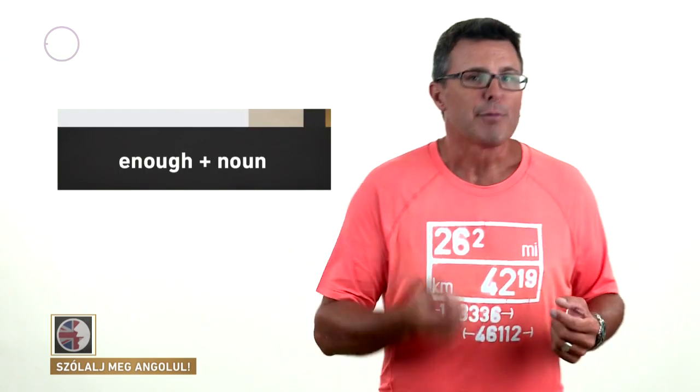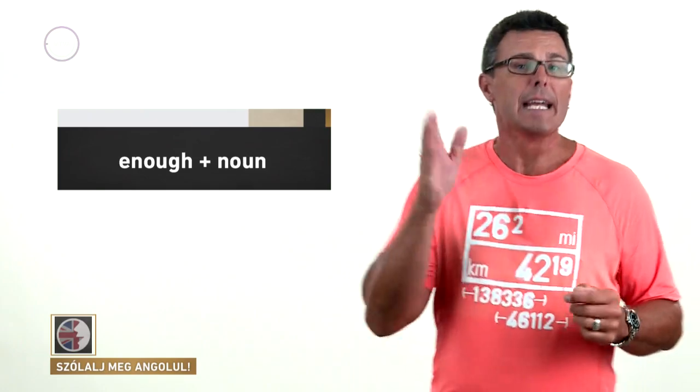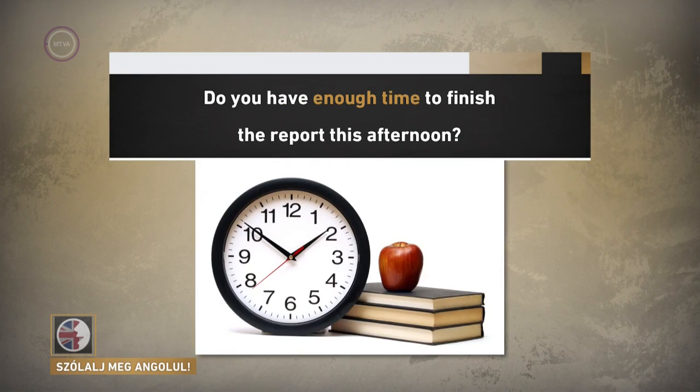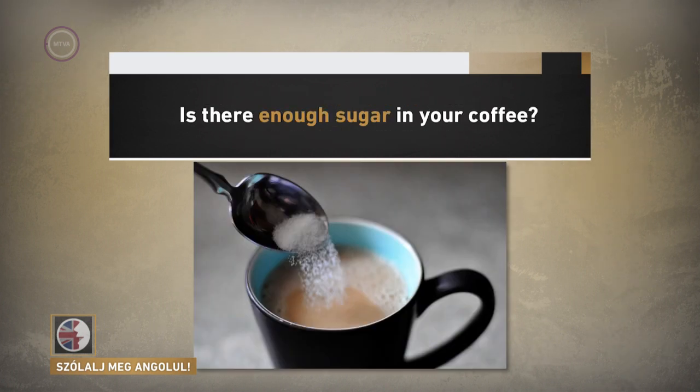When we use enough with a noun, then we use the form of enough plus noun. We've got enough money to buy bread, butter, salami and cheese. Do you have enough time to finish the report this afternoon? Is there enough sugar in your coffee? So,